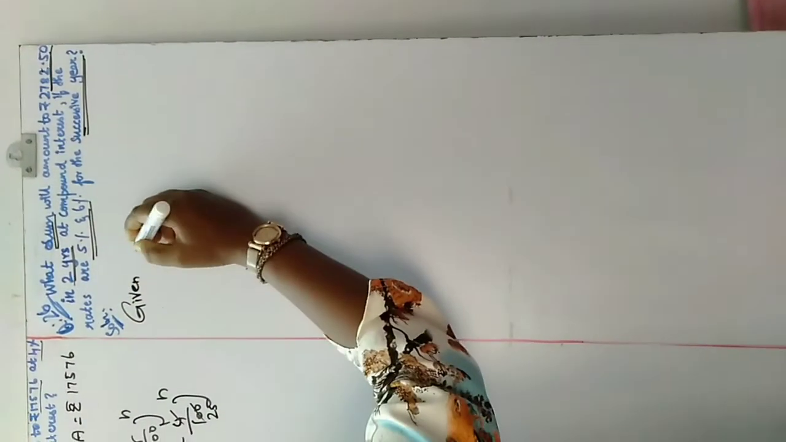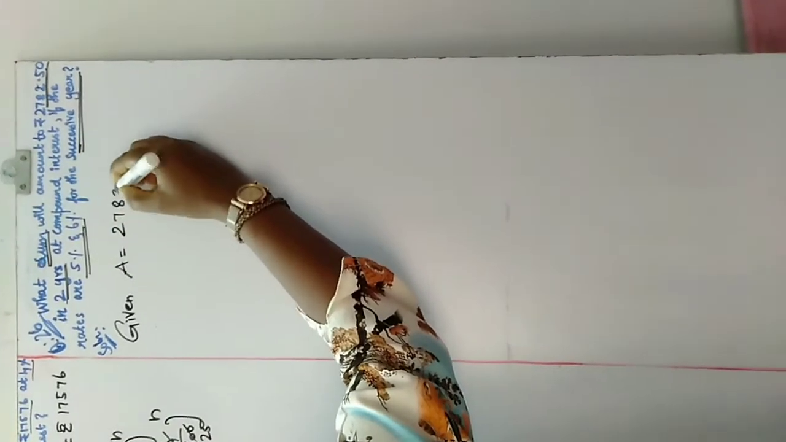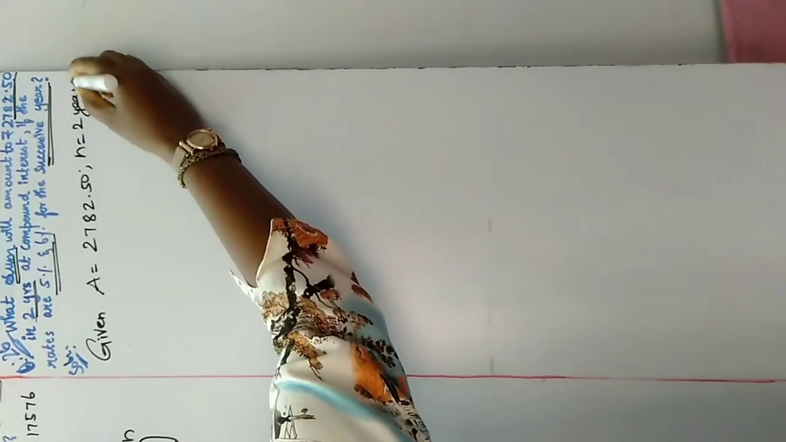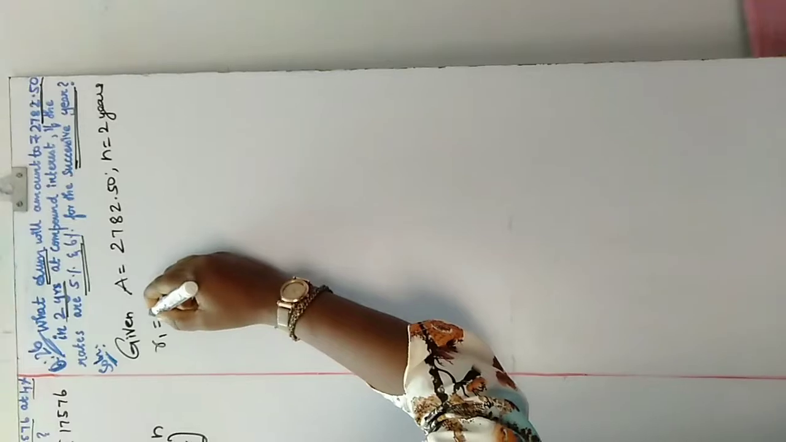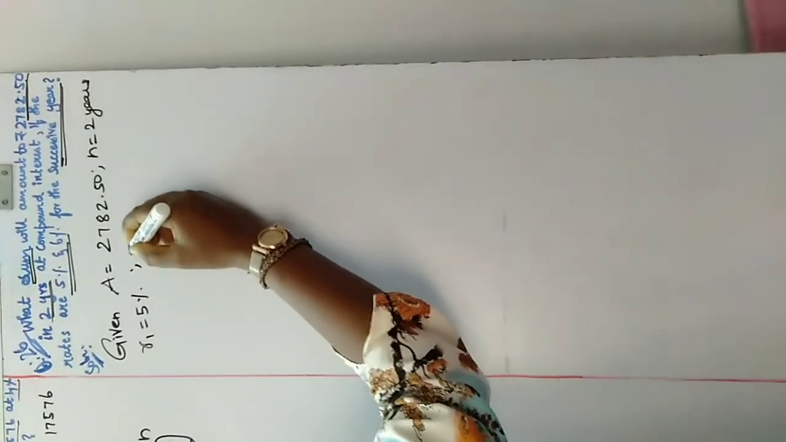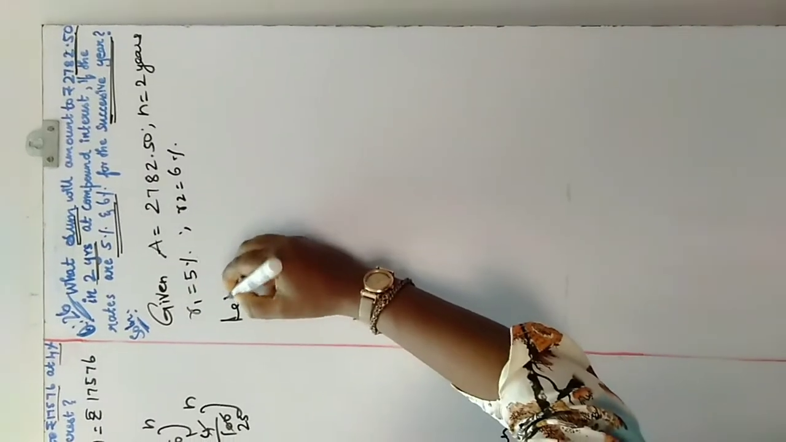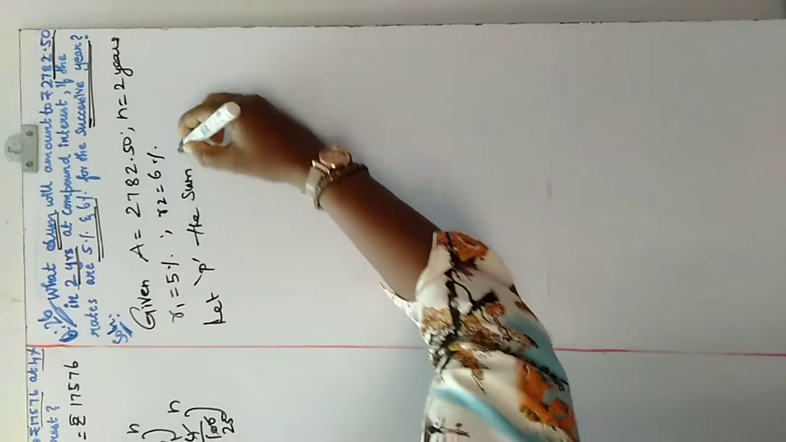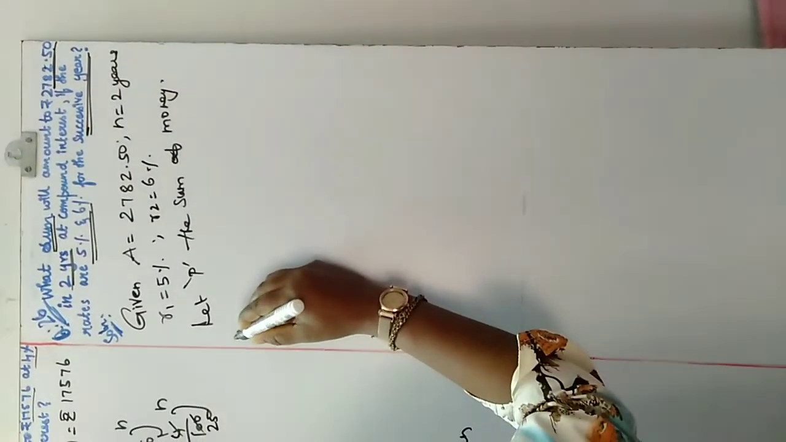So what is given here? Given amount equals 2,782.50 and n here is 2 years. Right? And we are naming the successive years' rates of interest as R1 5%, R2 6%. Next, we are going to assume let P be the sum of money. Let P be the sum of money. So, therefore,